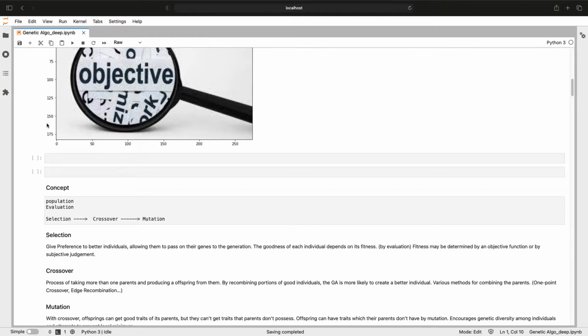So let's say the termination condition is not met. Then the population goes through a selection stage, in which individuals from the population are selected based on their fitness score. Each individual has a score, and that score is provided by the evaluation function. Based on the score, it is going to select from our population. The higher the score, the better the individual is. In that way, we will be selecting two individuals for the next process.